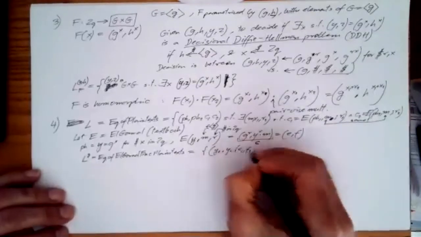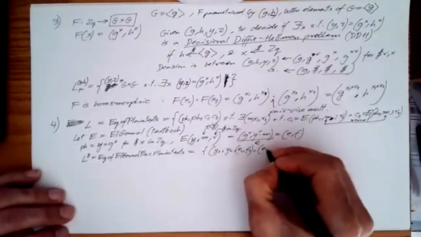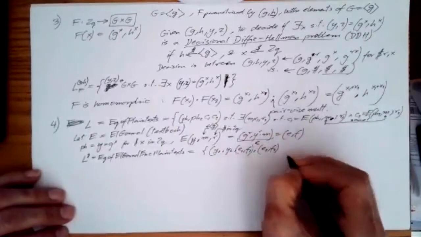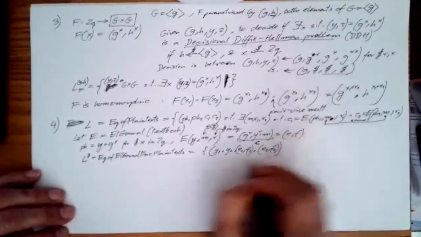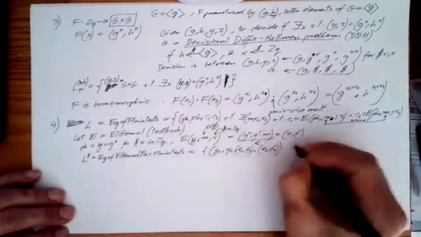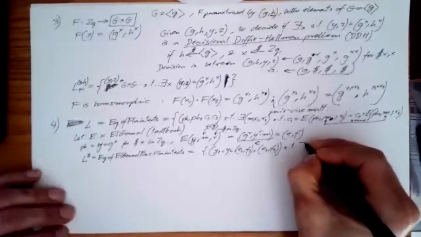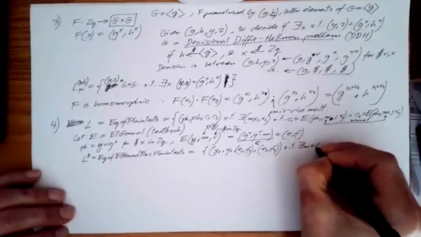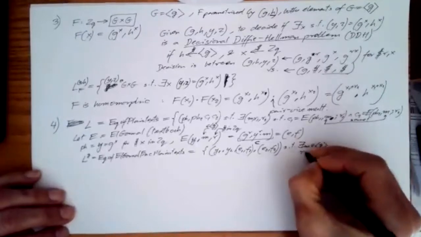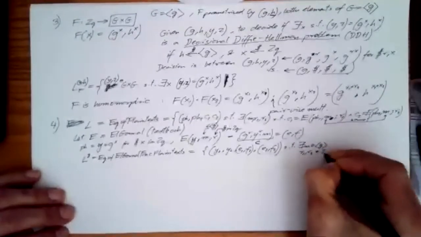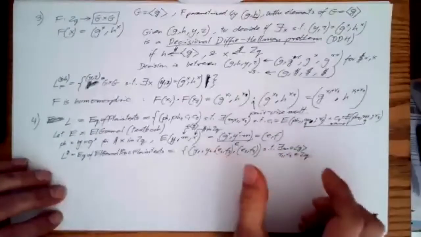The second ciphertext is e2, f2. And that's the statement in the language, such that there exists an m in the group and r1, r2 in Zq, such that